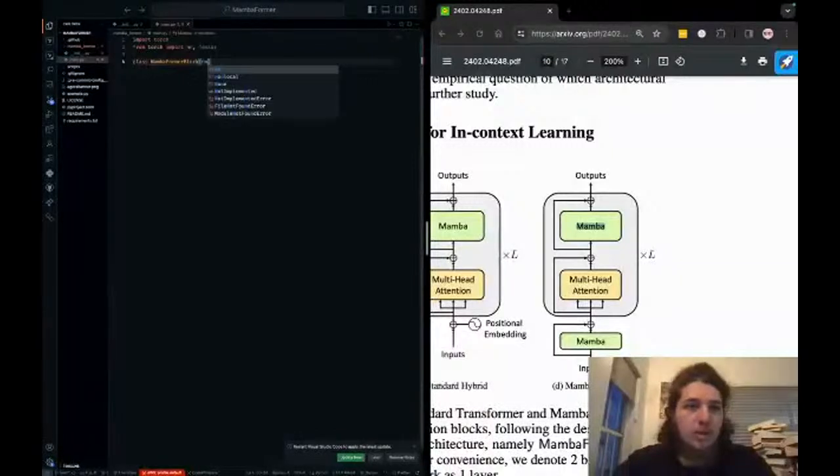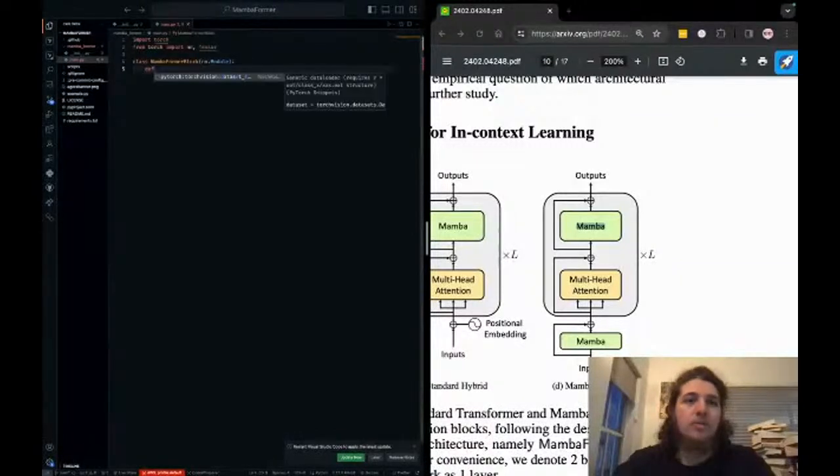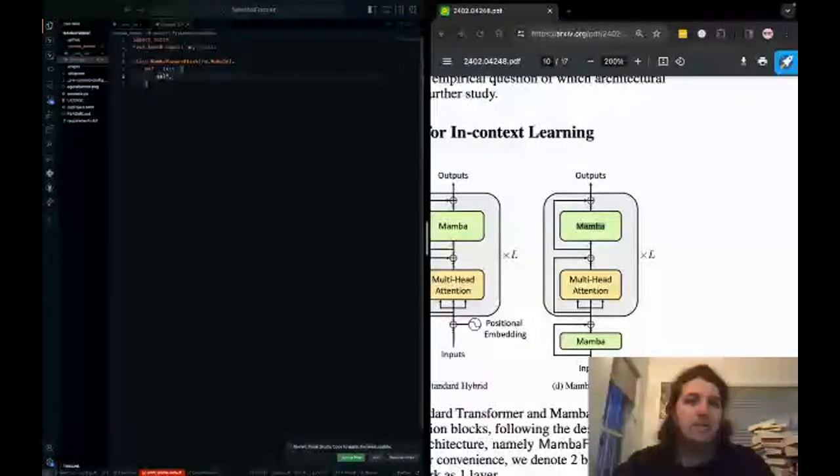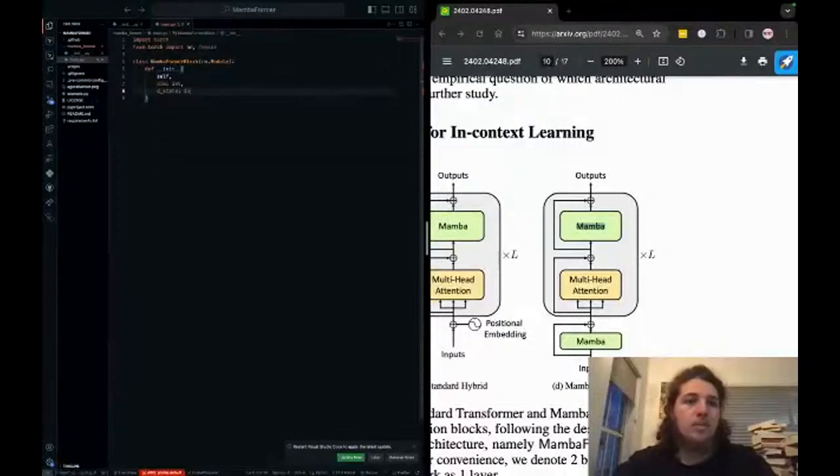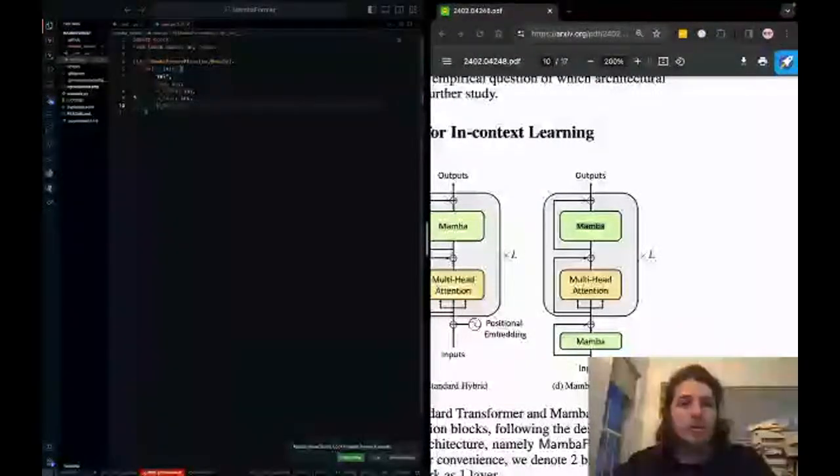So, gotta make a module here, initialize some stuff. Let's see what else.